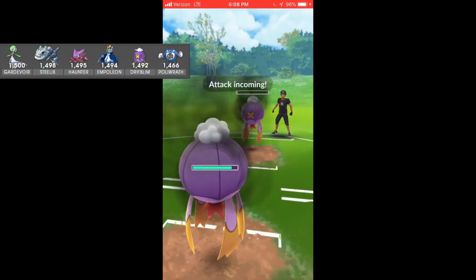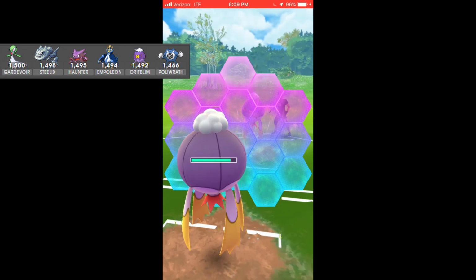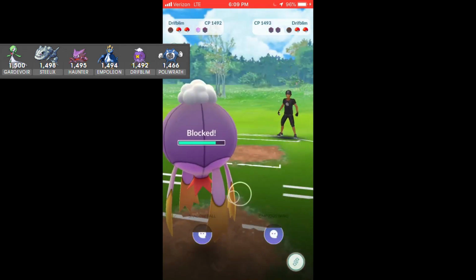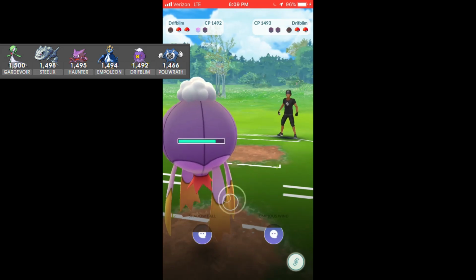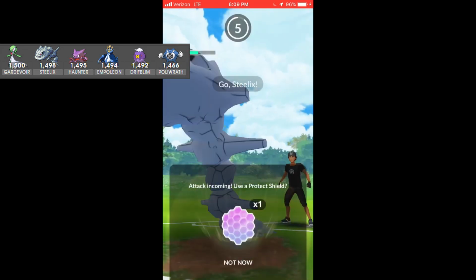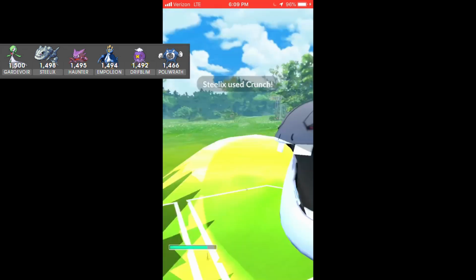And here we go, this should be able to take out, oh, we have one more charge move coming, probably a Shadow Ball. Good shield. Takes out the Driftbloom with fast attacks. Waiting for the next thing to come in. Probably waiting on a switch timer. And Steelix comes in with charge move ready to go. Most likely Crunch,